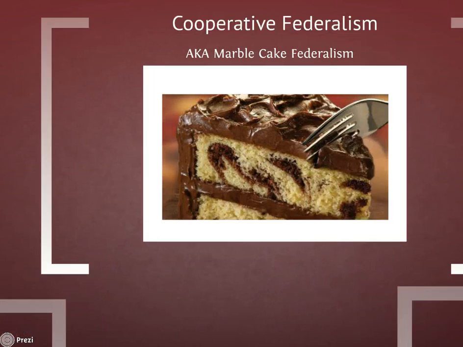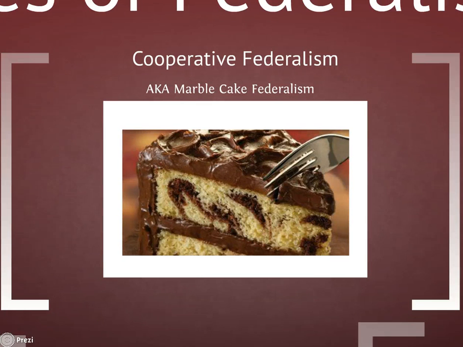All right, moving from dual federalism to cooperative federalism, otherwise known as marble cake federalism. And as you notice, there's a difference. They're weaving in and out. You can't tell necessarily where one ends and one starts. A crippling economic depression that reached global proportions, known as the Great Depression, began in 1929. To help state governments deal with the domestic problems spawned by the economic collapse, Congress and President FDR approved numerous policies, collectively called the New Deal. Through those policies, the independent actions of national and state governments to fulfill their respective responsibilities evolved into cooperative efforts.